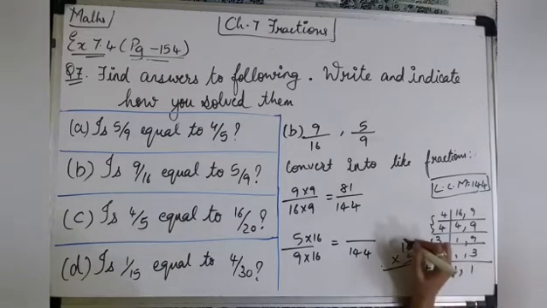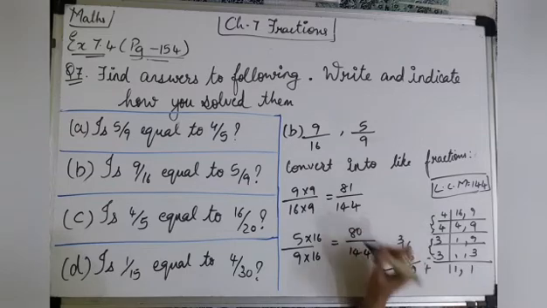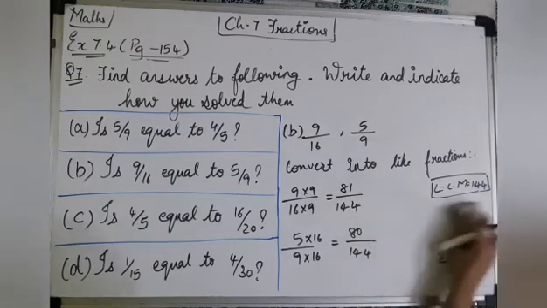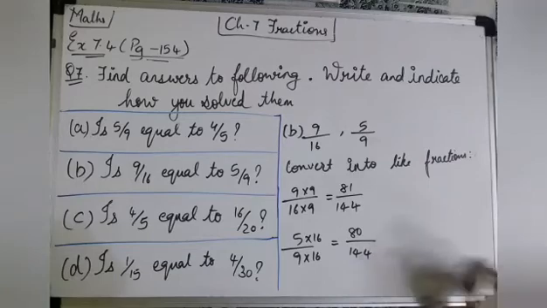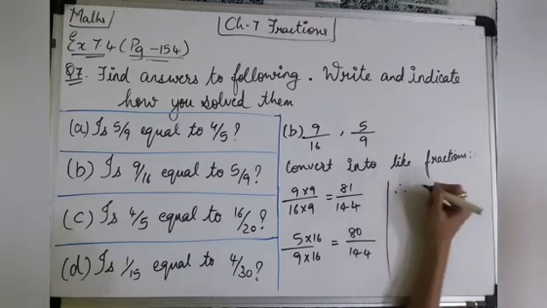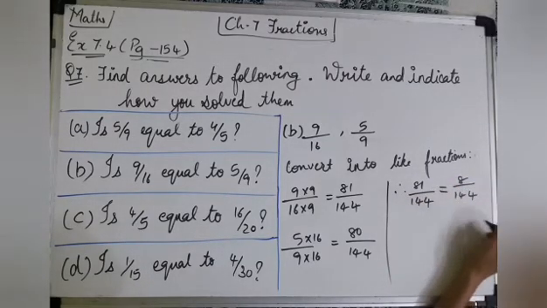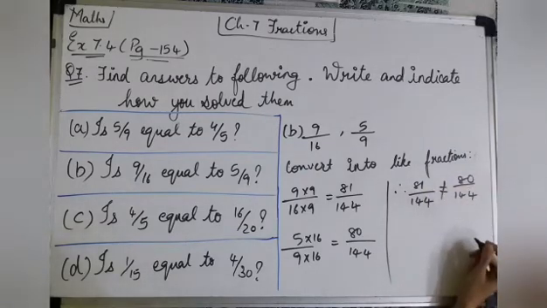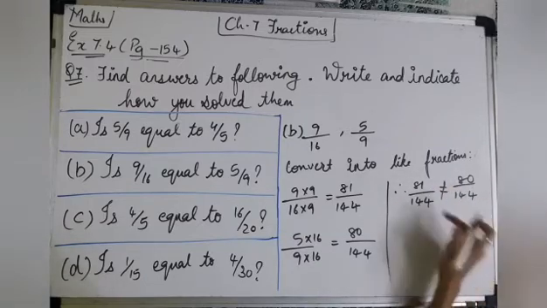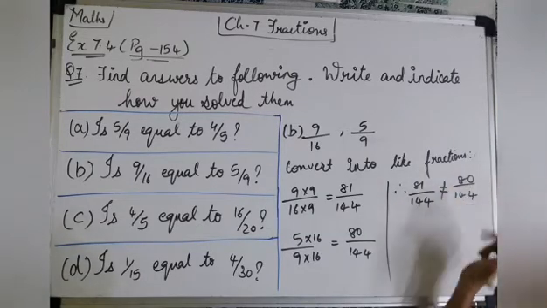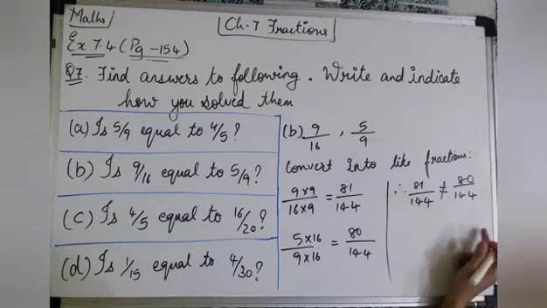6 5s are 30. 5 ones are 5. 5 plus 3 is 8. 80. We got the answer 80. Okay. Now, therefore, 81 upon 144 and 80 upon 144 are equal? No, they both are not equal. Right? One number difference is there, 81 upon 144 and 80 upon 144. Right? So,